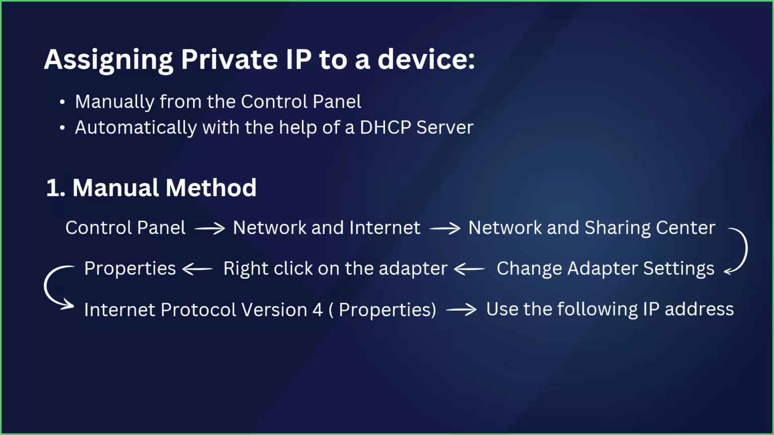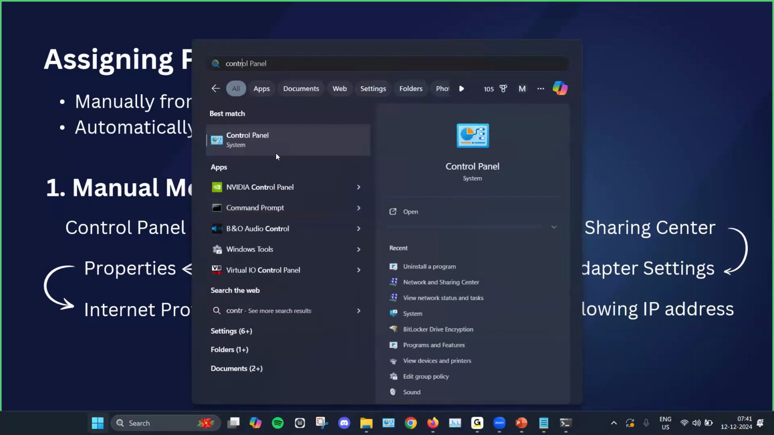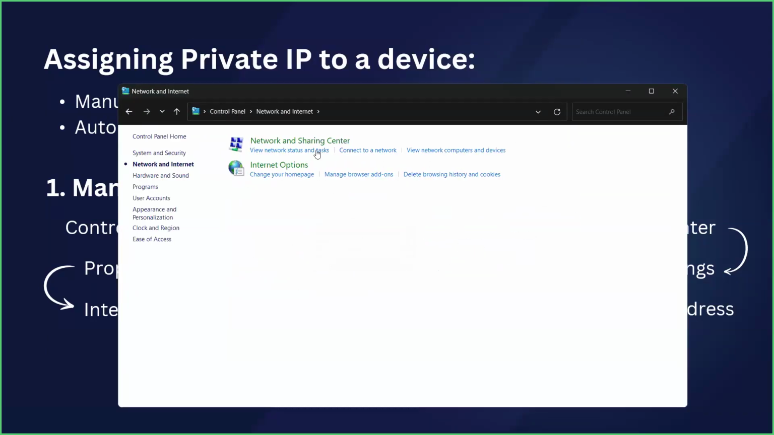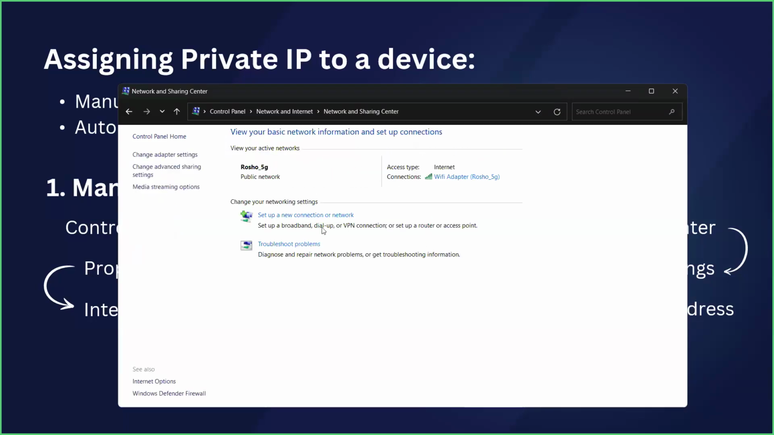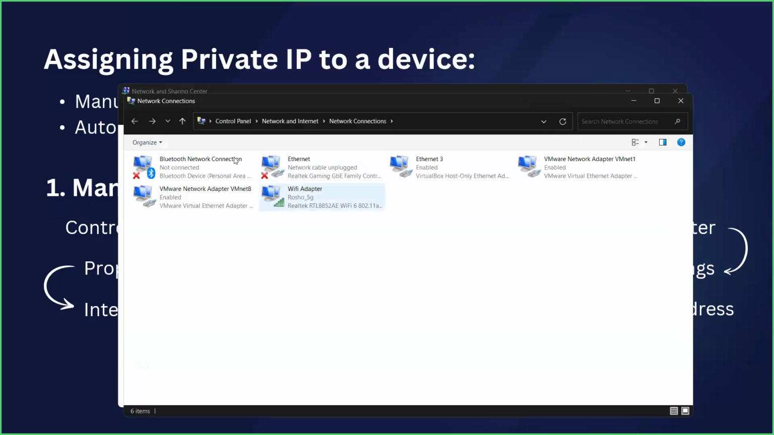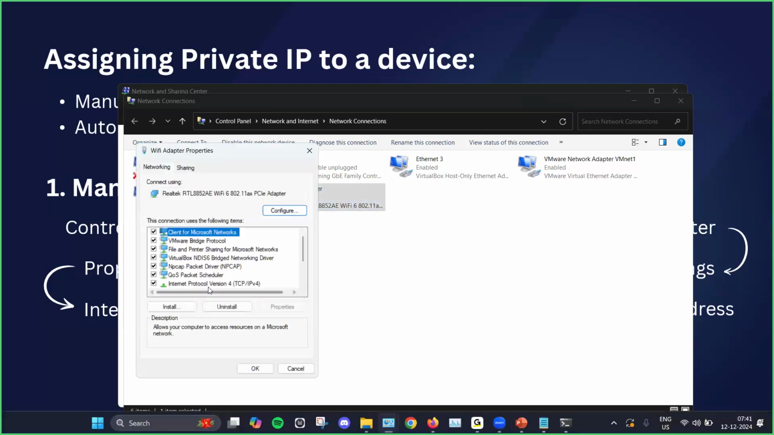So if I show you this practically, go to control panel. In the control panel, go to network and internet. In network and internet, go to network and sharing center. In Network and Sharing Center, go to Change Adapter Settings. Now this shows all the adapters available on your device, and whichever adapter you want to assign the private IP for, right click on that adapter, go to the properties, and in the properties, select IPv4, Internet Protocol version 4,